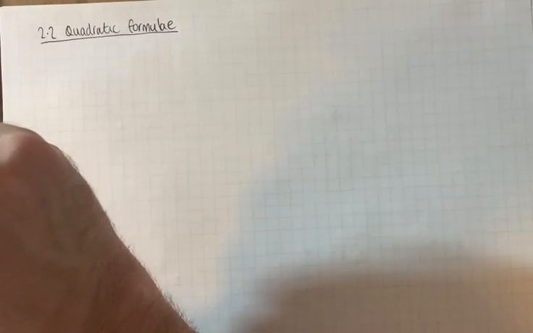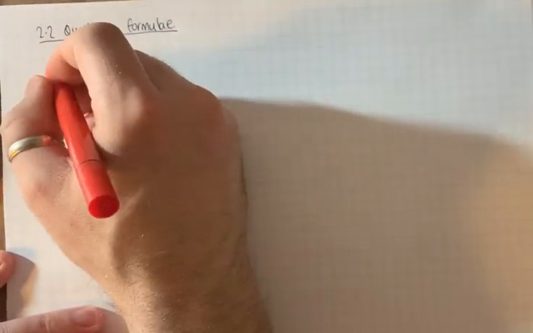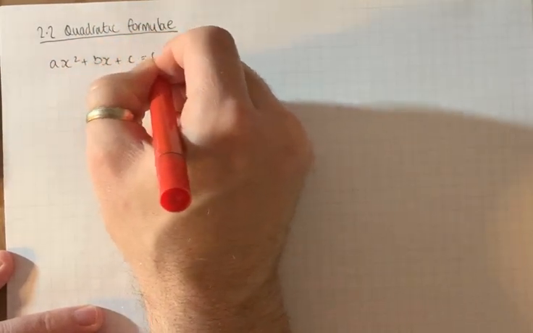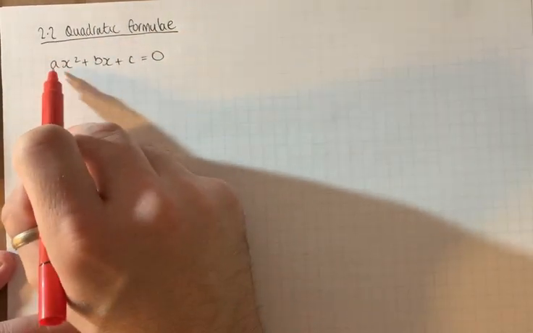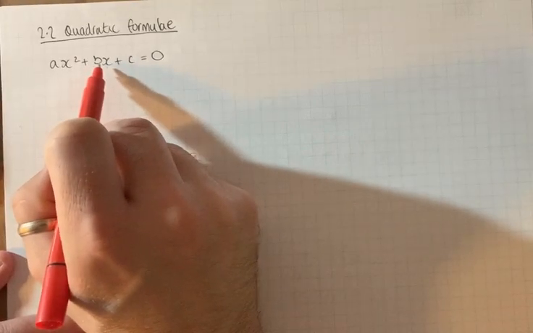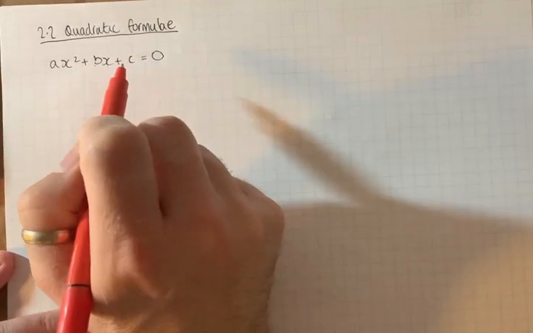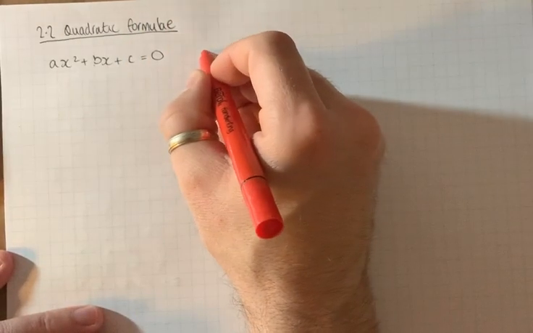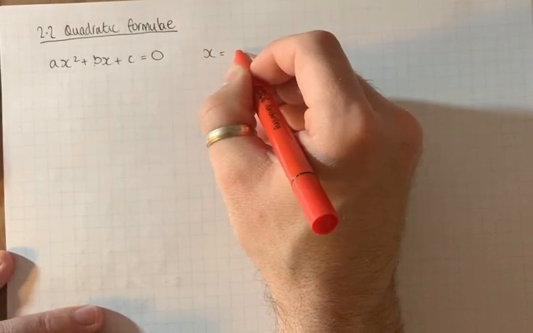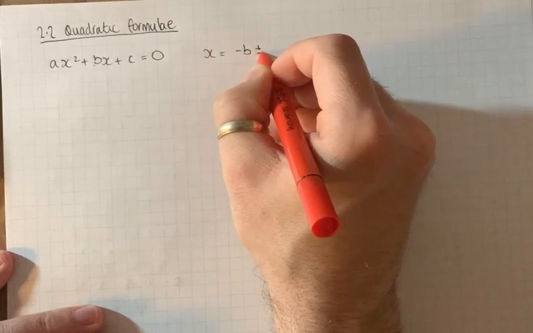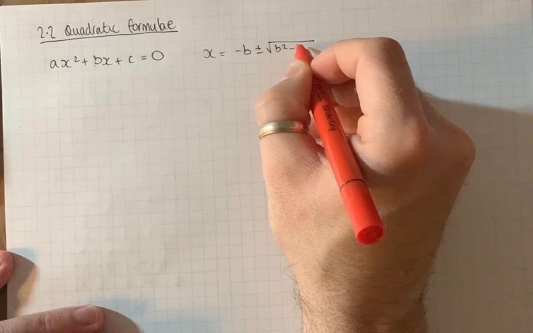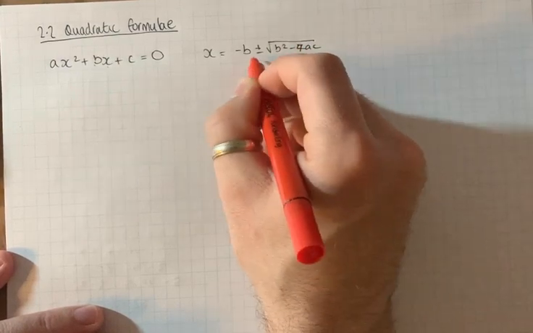The quadratic formula. So we've got our general quadratic equation, ax squared plus bx plus c is 0. The coefficient of x squared is a, the coefficient of x is b, and the last term is c. Now we can solve that using the formula. x must be equal to minus b plus or minus, giving us two solutions, the square root of b squared minus 4ac, all